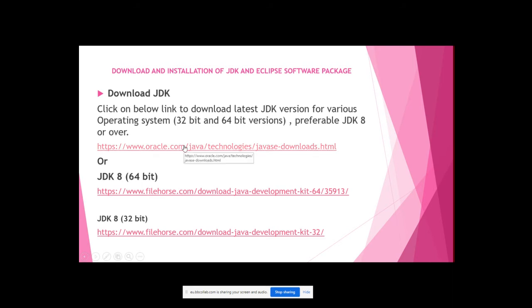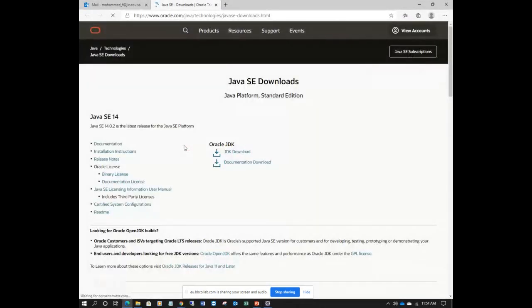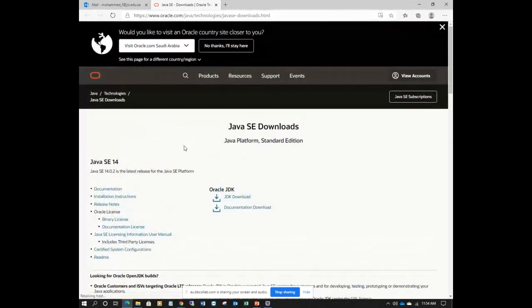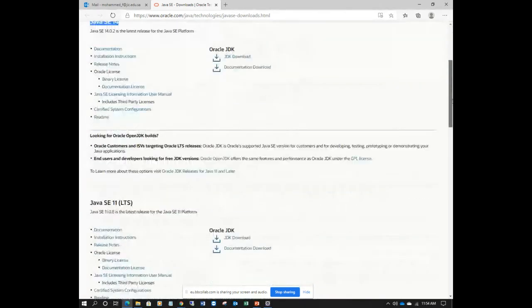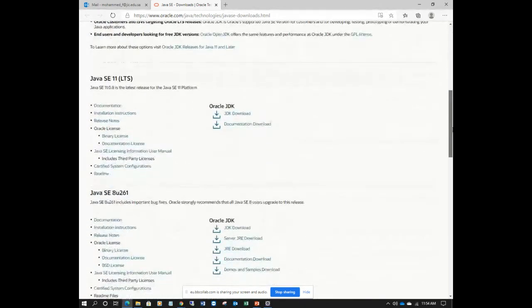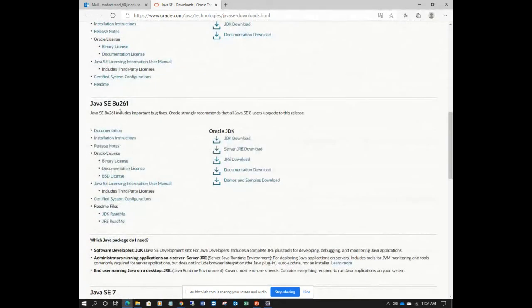Click on the Oracle link which has been provided. Now you can see it opens the Oracle website directly. The latest version is Java Standard Edition 14. SE means Standard Edition, so 14 is the latest version that you can download. But our requirement is only version 8.